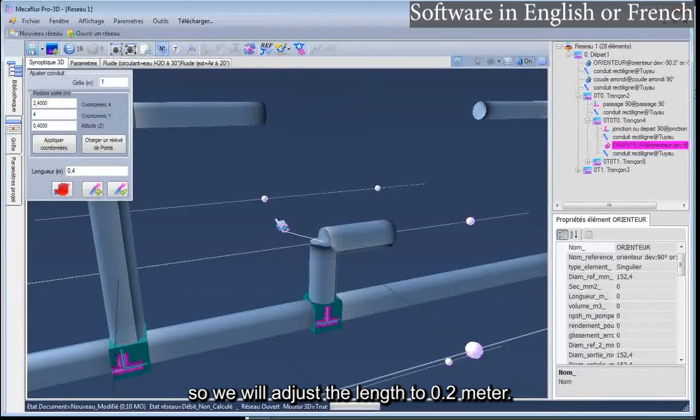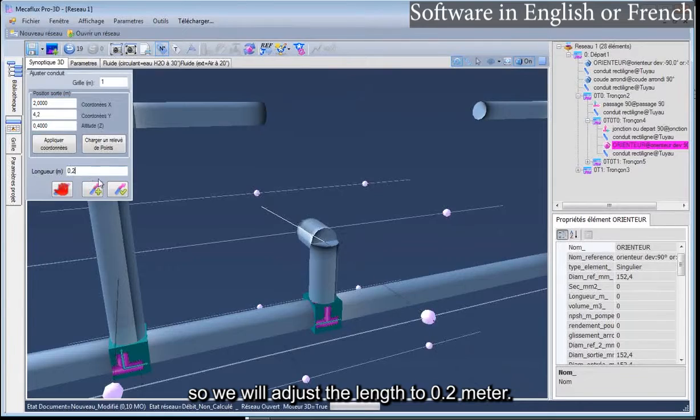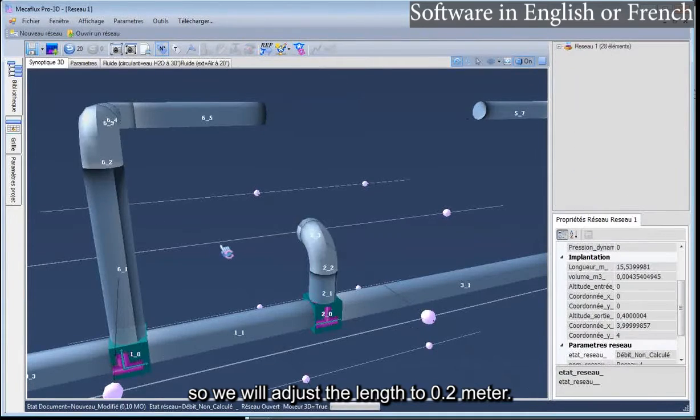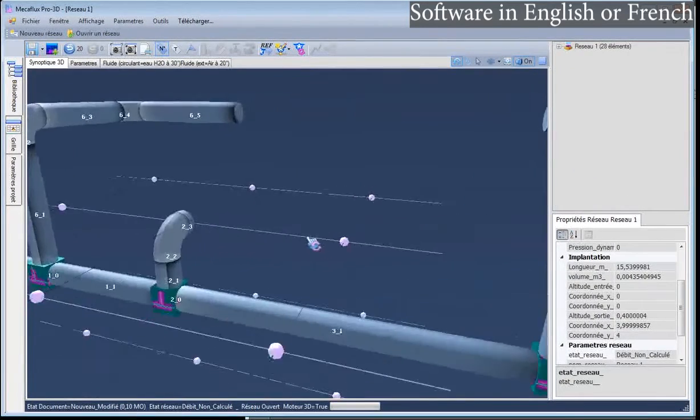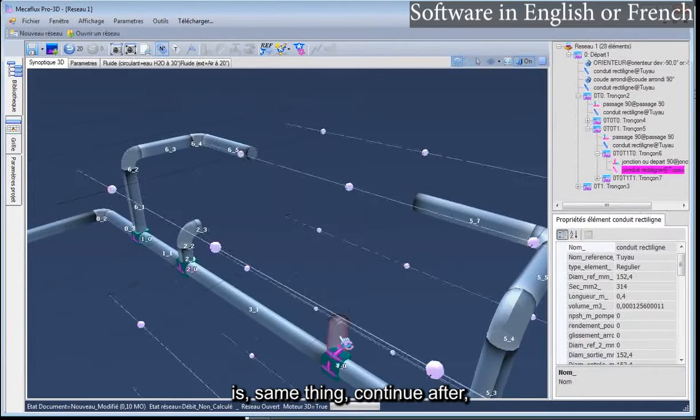So we will adjust the length to 0.2 meter. Here it is, same. Here it is, same thing, continue after.